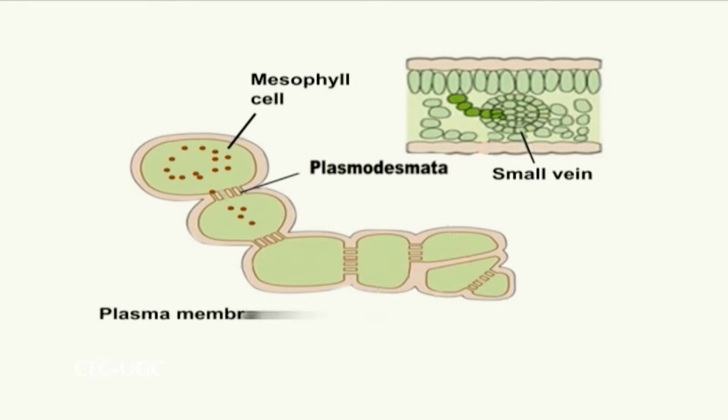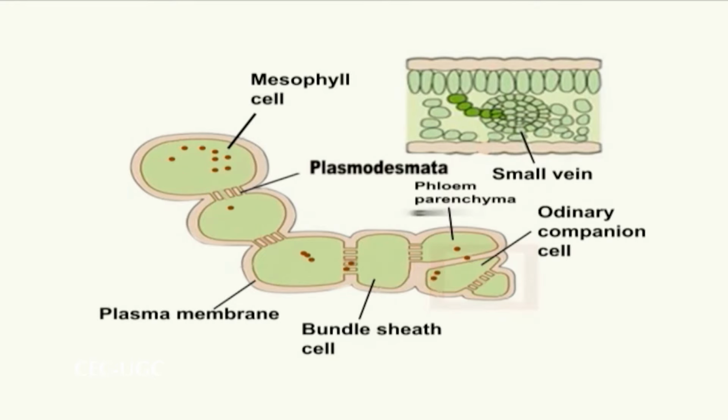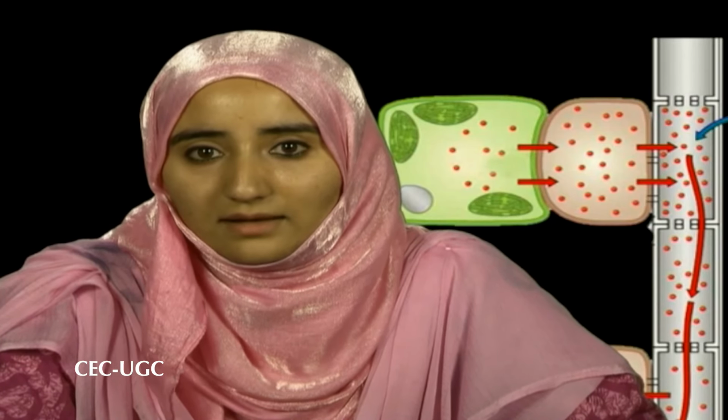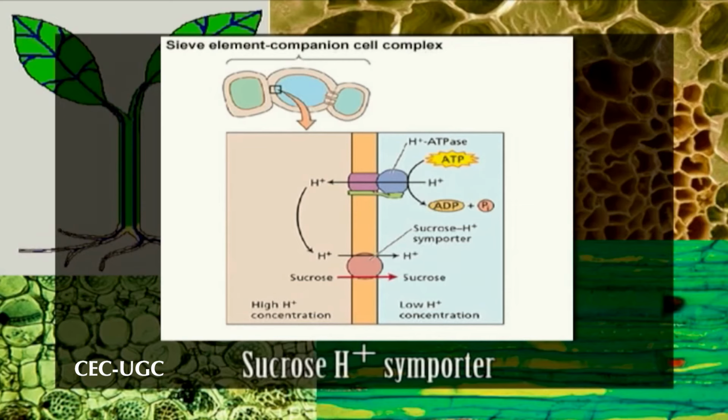In case of apoplastic loading, the sugars enter the apoplast quite near the sieve element companion cell complex. Sugars are then actively transported from the apoplast into the sieve elements and companion cells by an energy-driven selective transporter located in the plasma membrane of these cells, that is the sucrose H-positive symporter. The apoplastic pathways occur in species in which ordinary companion cells and transfer cells are present. Examples are potato, that is Solanum tuberosum, and tomato, Lycopersicon esculentum.